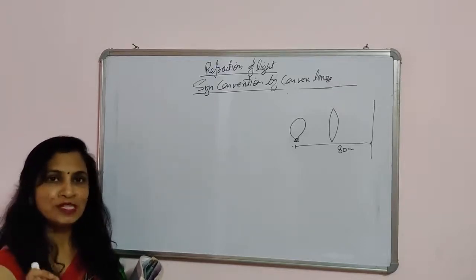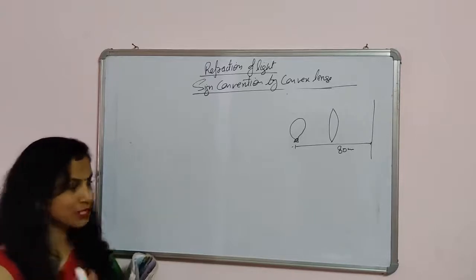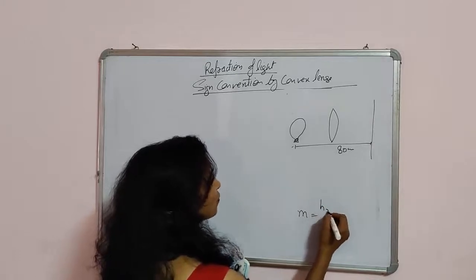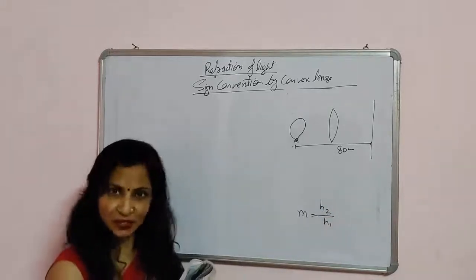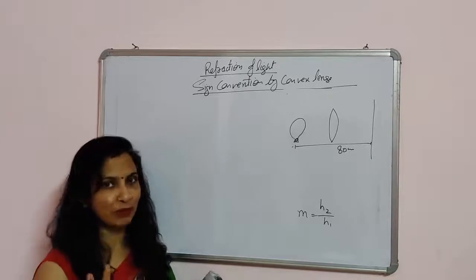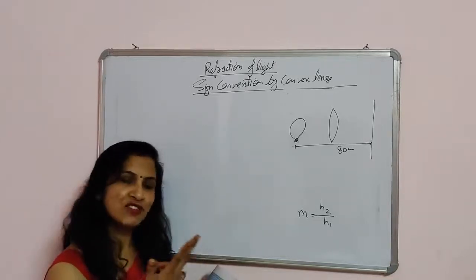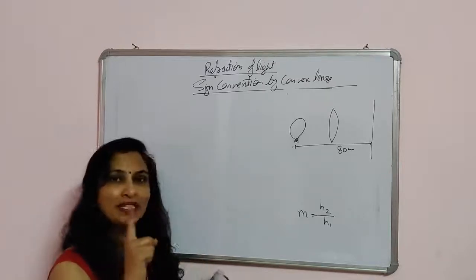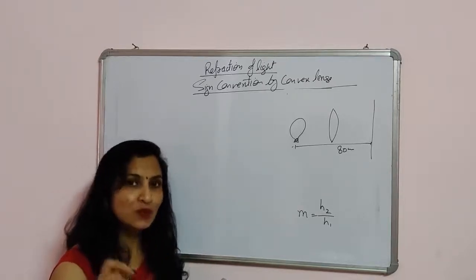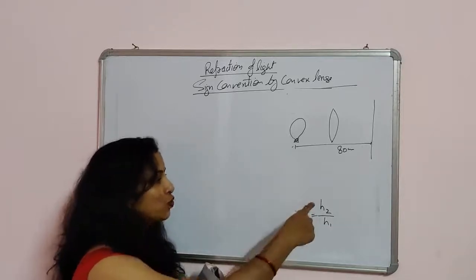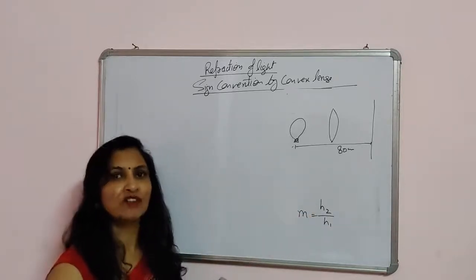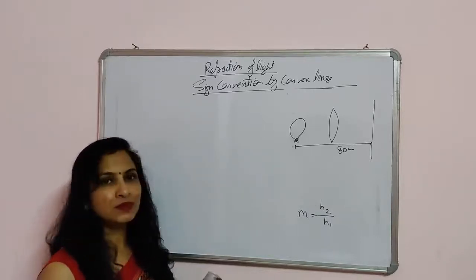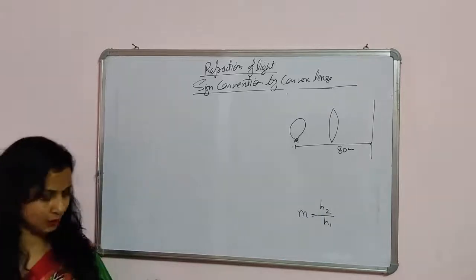Always we represent the magnification with this sign. Let me explain. I explained in the last lectures that magnification is equal to h2 upon h1. If the image is real, h2 will be negative because a real image is always inverted, and h1 is always positive. So if an image is real, m will be negative. If the image is virtual, h2 and h1 both will be positive, so magnification will be positive. Magnification has its own sign, and you should remember the sign of all the symbols.